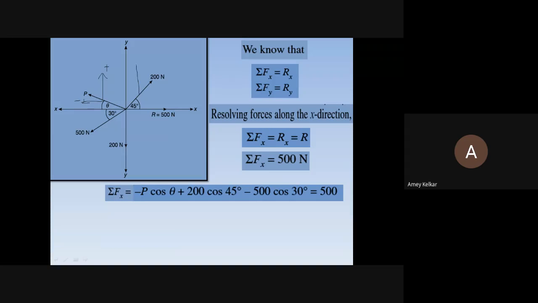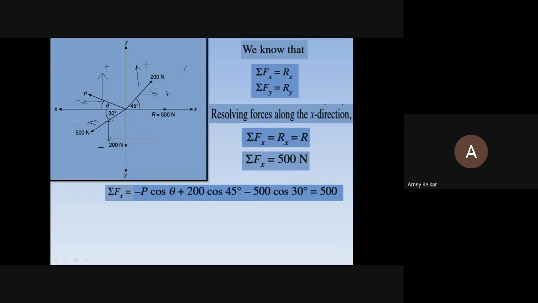For this also, this component will go on top. Now you all should know this perfectly, there should not be any doubts. This component will go here, this will be plus. For this force, the component going horizontally here is minus, and the y component coming down is minus again. So this P component is going towards the left side. So P cos theta, both are unknown. P is unknown, theta is also unknown. But as the angle we have taken along the x-axis as per the given data, it will be minus P